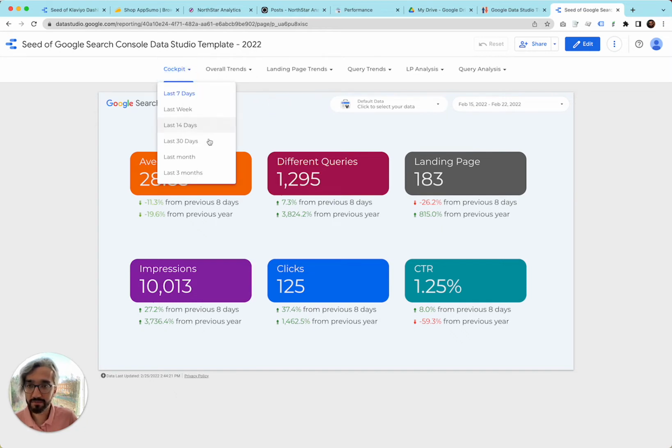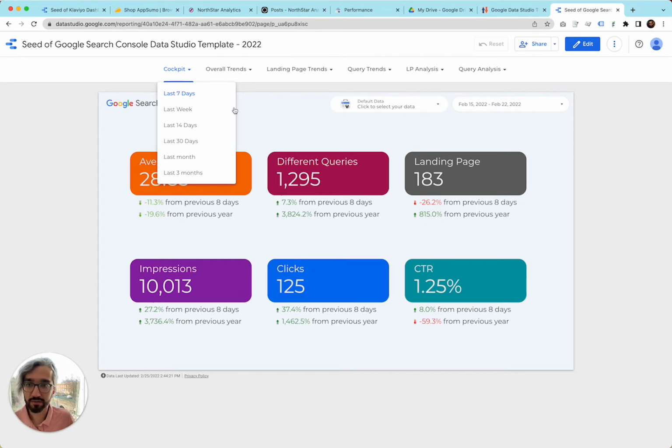So the first bunch of the pages are a cockpit. I named this page cockpit because I see all of my important metrics in the aggregate version. So this page is great if you seek some screenshot to put